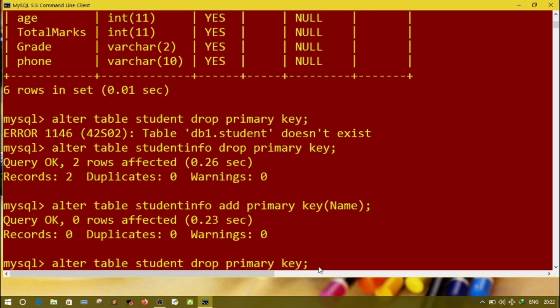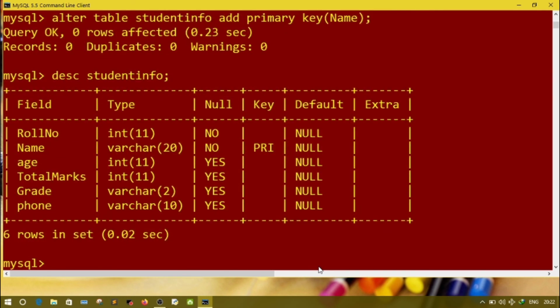Now let's see the structure of my table. Here you will see now the primary key is set on name, meaning on the name column I can't set duplicate values. Let's see one example. Now in my table I have the following information: select asterisk from student info.